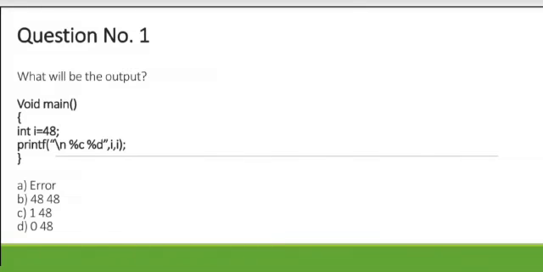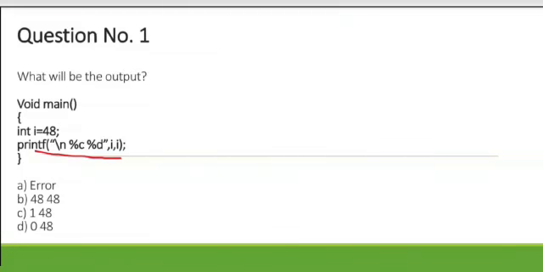So here the first question is, what will be the output? So here first, int i is initialized with the value of 48, and in the printf statement we are going to print i twice, having two different types of format specifier. First one is %c and second one is %d.